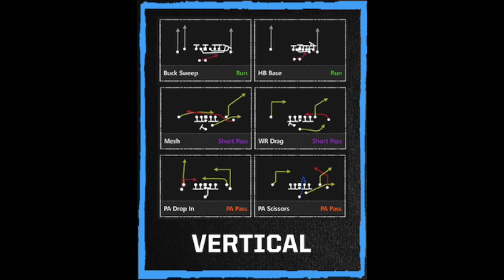First, we are going to start with the vertical scheme. Looks like the 2 run plays are going to be buck sweep and halfback base. The 2 short passes are mesh and wide receiver drag. And the 2 PA passes are PA drop in and PA scissors. Looking at the overall 2-point play selection, it looks like there are 4 viable plays: buck sweep, halfback base, mesh,